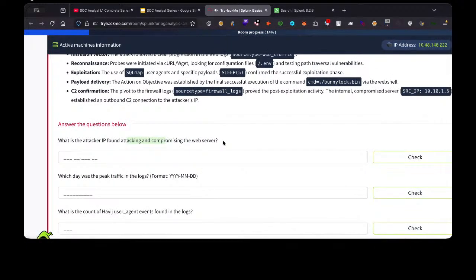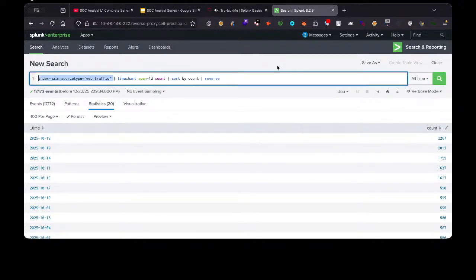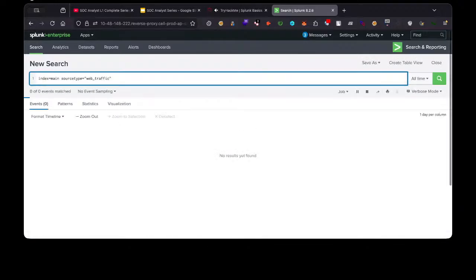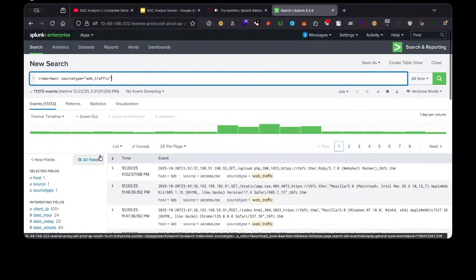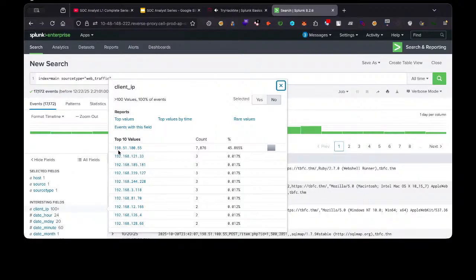So you have to analyze the log and see the IPs. You have to check out all the IPs. For all the IPs, in the web traffic, we have a particular client IP, and in the client IP you will see here 198